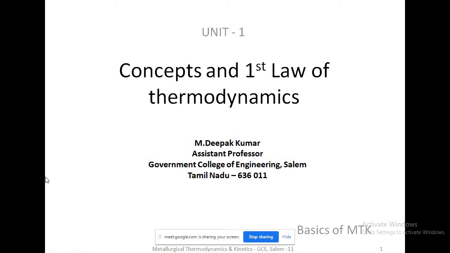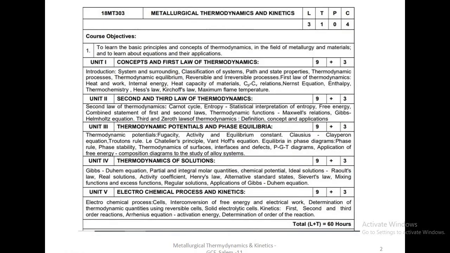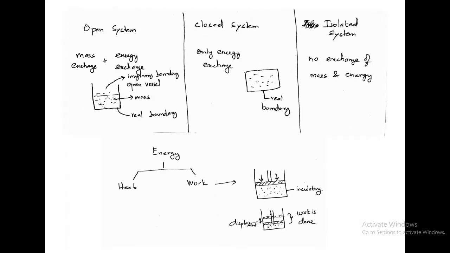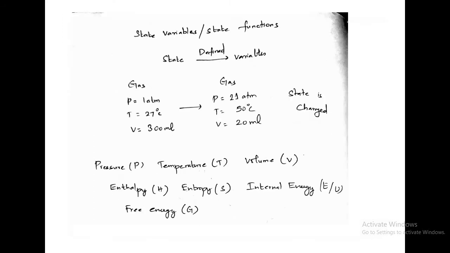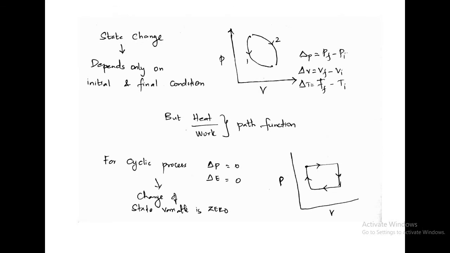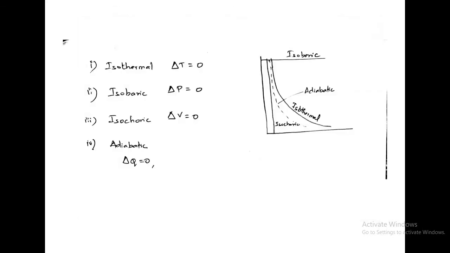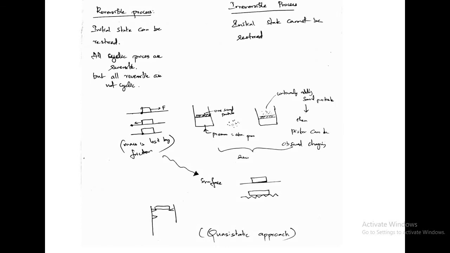So we will discuss the rest of the topic which was left out last class. We were discussing thermodynamics, the basics, and some of the properties: what are state properties and path properties, and the thermodynamic processes: isothermal, isobaric, isochoric, and adiabatic processes. We also discussed reversible and irreversible processes,